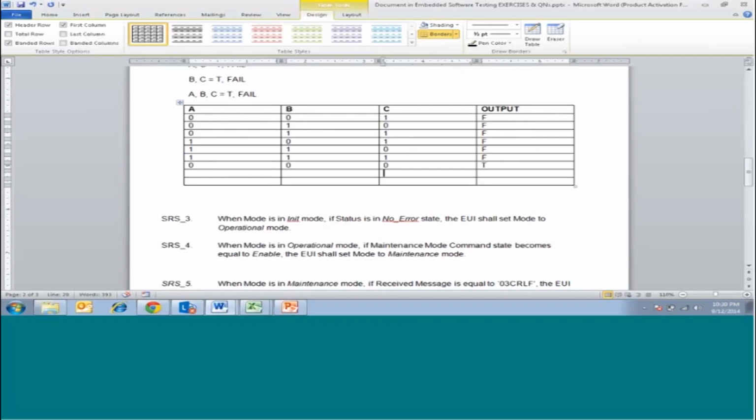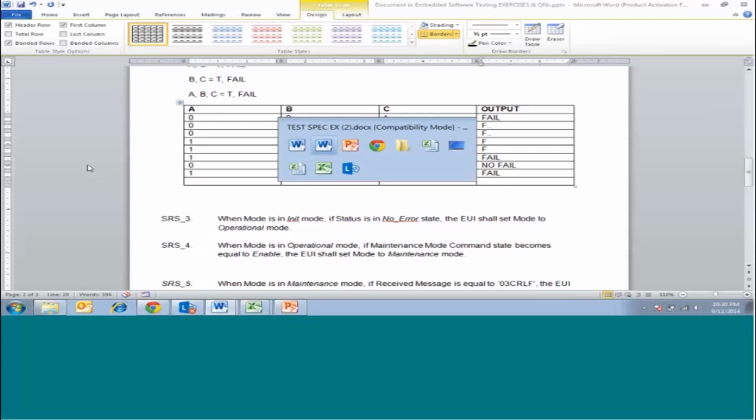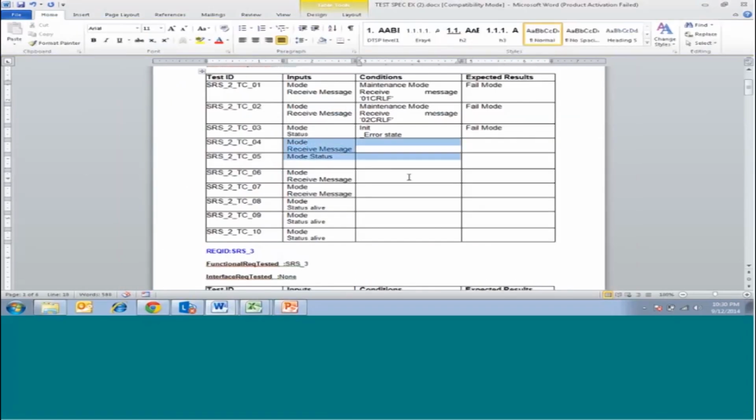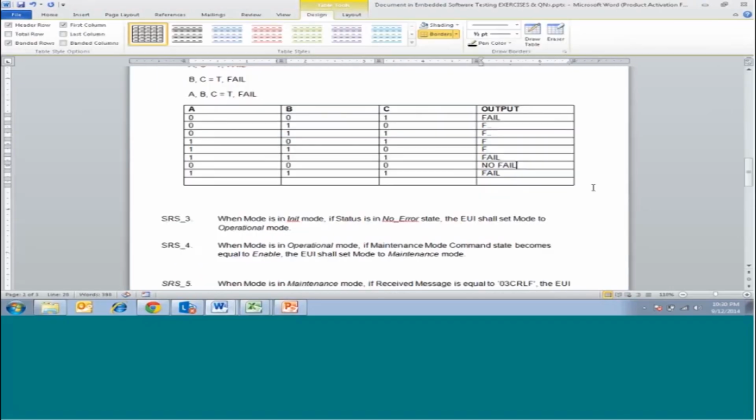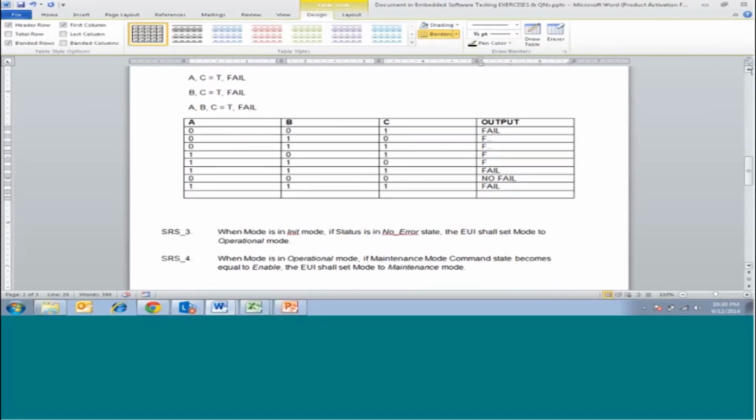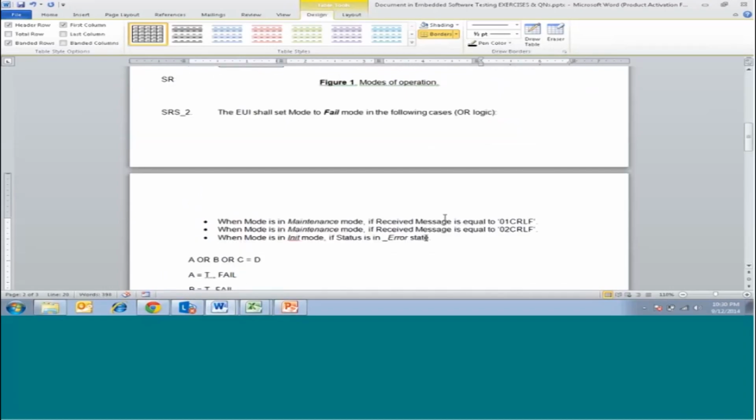Okay. One more condition is all should be 1, should become failure. F means basically failure. Okay. So for each of these, we need to develop the test cases, adding the inputs accordingly. Now we have tested these normal cases with the truth table and modified condition logic. Next, within each of these, we can identify another test case